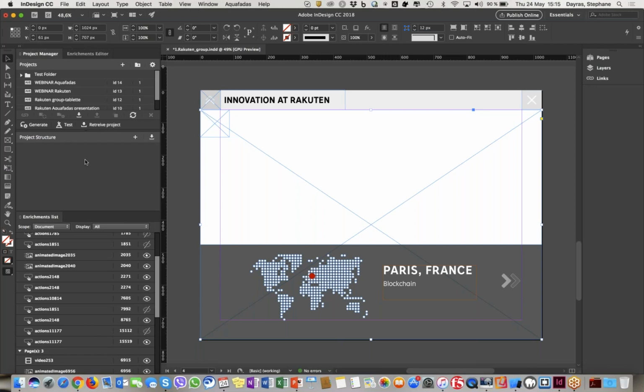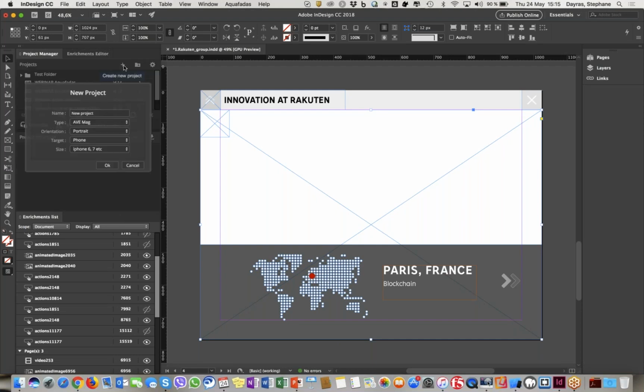For those of you who used our previous version, you can see a few major differences, like the toolbar, which was at the bottom and now is in the middle, but you still have a plus button where you can start creating a new project, then decide the format you want to use. I won't dig into too many details because we have only half an hour together this morning, so I prefer to stay on the main principles and features.